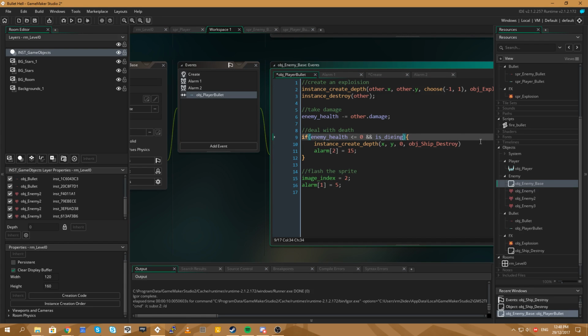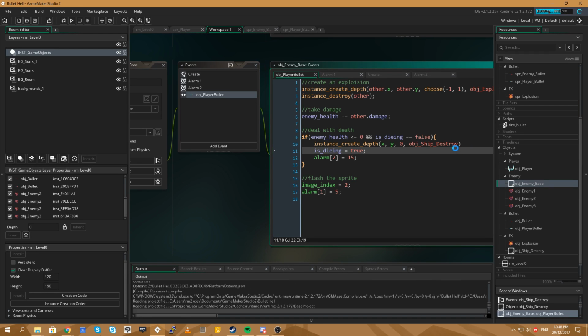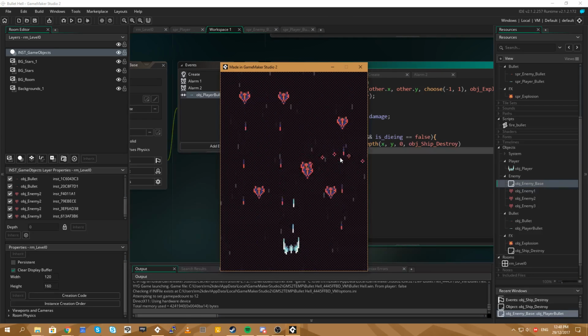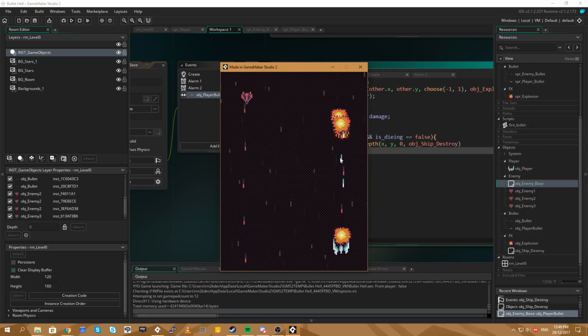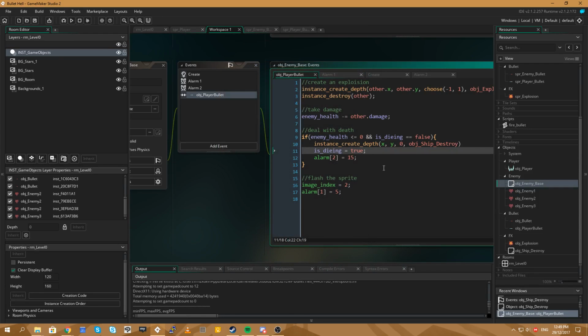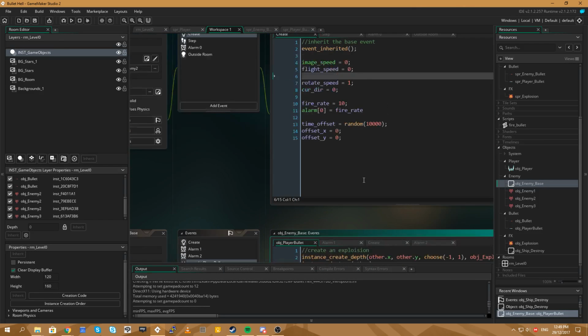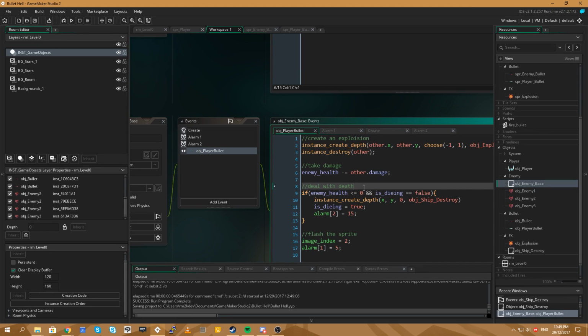And is dying equals false. And then in here we'll just say is dying equals true. Let's have a look at that. There we go. So now it won't keep recolliding. We can keep hitting it while it is dying, which is fine, but it won't keep creating the effect. Okay, that's good enough for now.